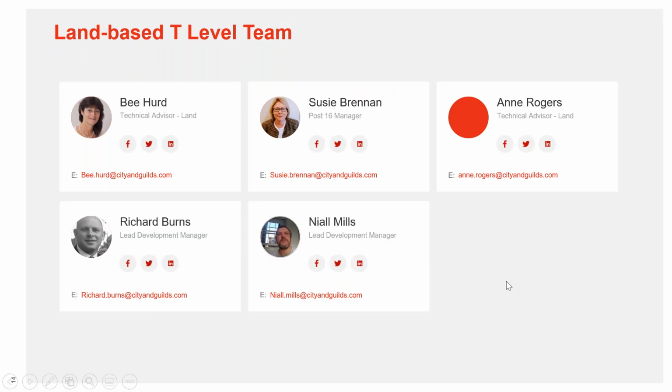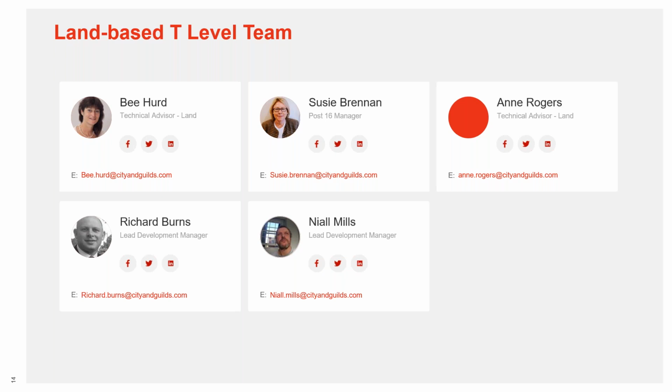So just to finish then, the people that you'll be dealing with on T-level going forward is not just a single person. We'll be working with, it won't be myself. If I'm involved, it will be as an employer, not as a technical advisor, but with Susie Brennan, our post-16 manager, who's been working through the Wave 2 and Wave 3 developments of T-level, so is already highly experienced. Anne Rogers, who is our new technical advisor for Land, who will actually be joining us officially from next week. Richard Burns and Neil Mills, both of whom are lead development managers, both of whom have already worked in the development of earlier